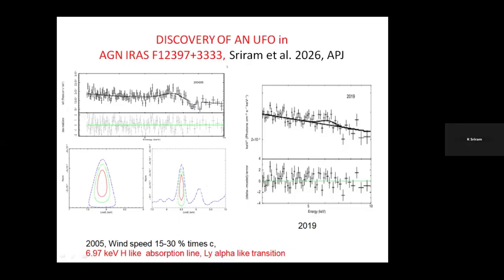These lines are blue shifted, rather than red shifted, because there is a strong wind present in this particular source. So it was not discovered earlier. We were lucky; when we got the result, we were surprised. We immediately sent this piece of information to the journal, and in 20 days we got acceptance.